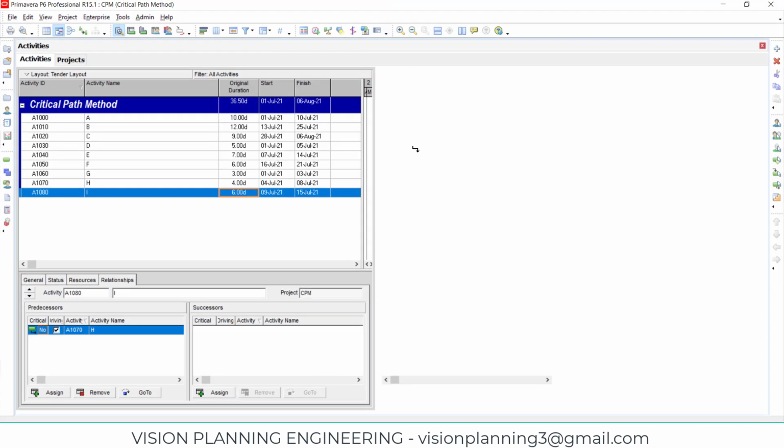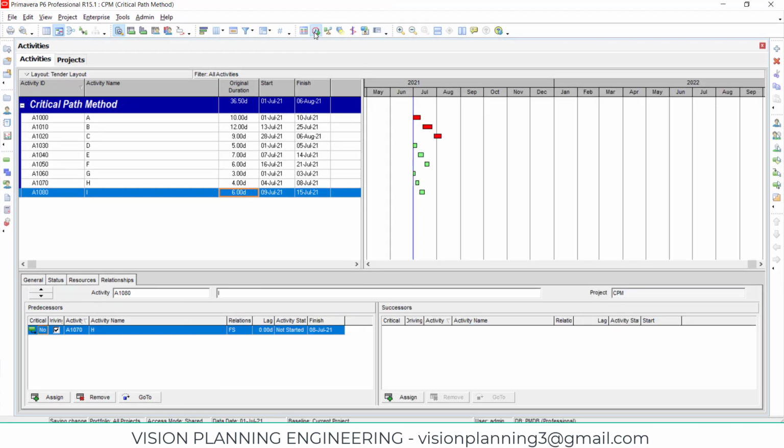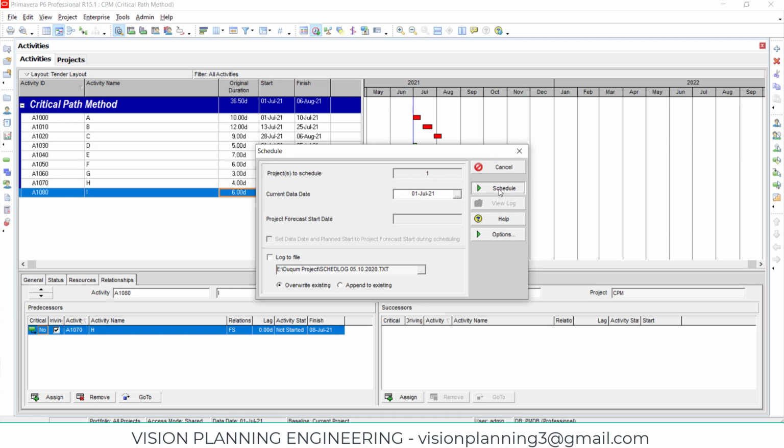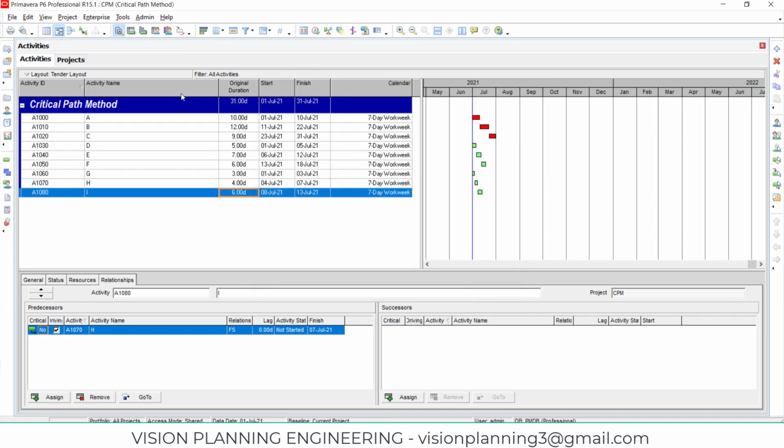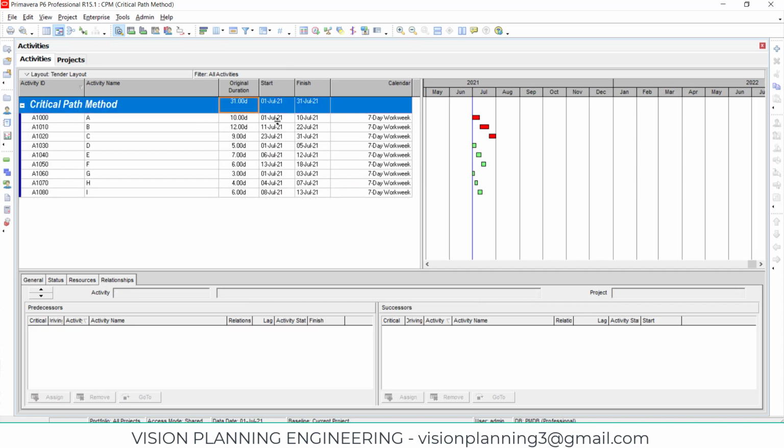Okay, once I have adjusted it, now I will schedule it. Now you can see here that our project is completing in 31 days after assigning the relationships. Relationship is nothing but a sequence of the activities.